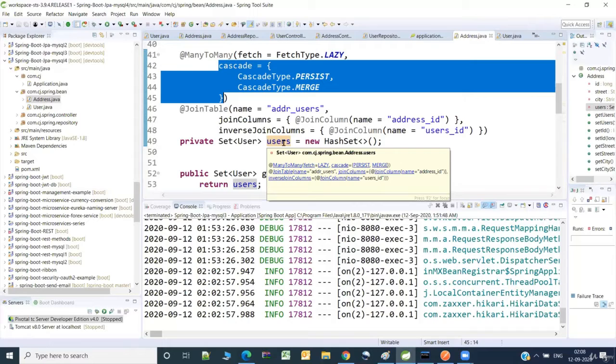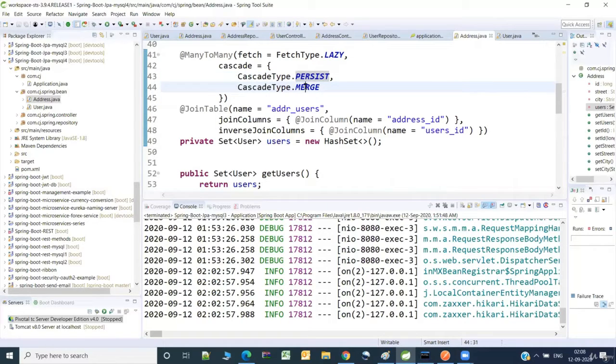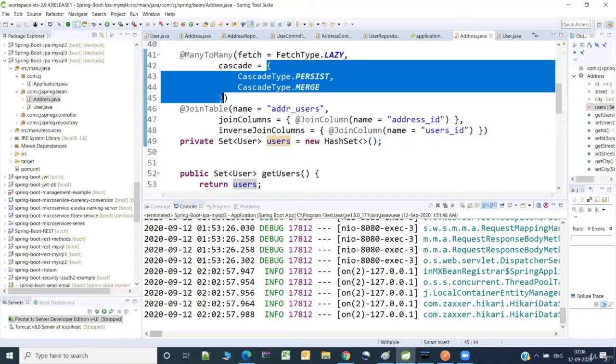Of course, here inside address we have the list of users, so whenever you are trying to save the address object, what should happen to the users inside that, means even that needs to be saved. So that is why we are putting persist. Merge means it's something like update. Whenever you are updating the address and there are underlying users, even those need to be updated. There are other operations like cascade type remove, etc. By any chance you want all of them, just remove these and you can put cascade type dot all.